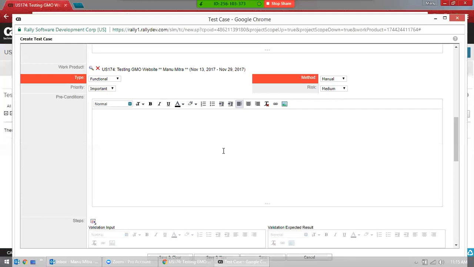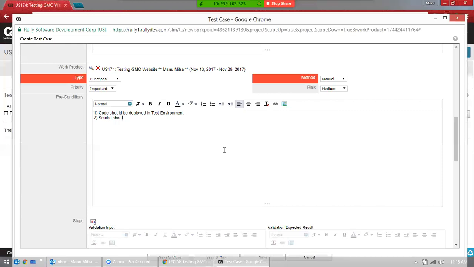Now one by one, code should be deployed in test environment. Without test environment, we are not going anywhere. The second is smoke testing should be completed. Anything else?